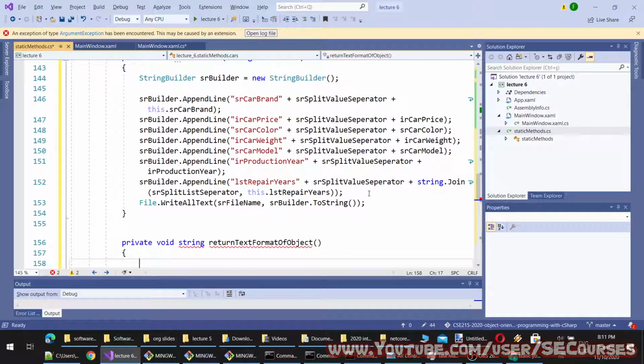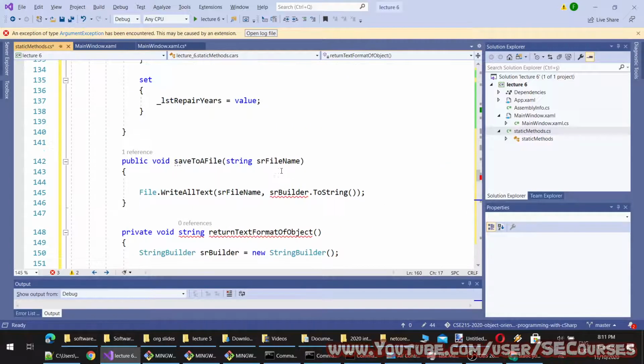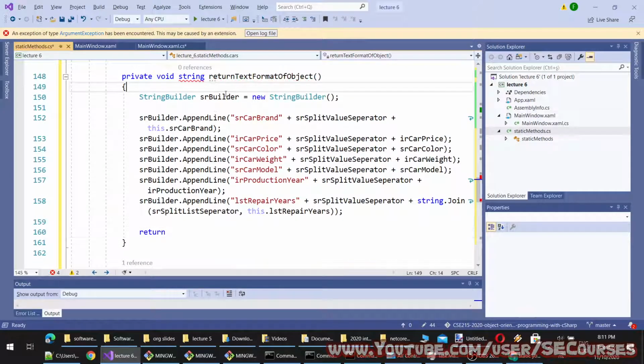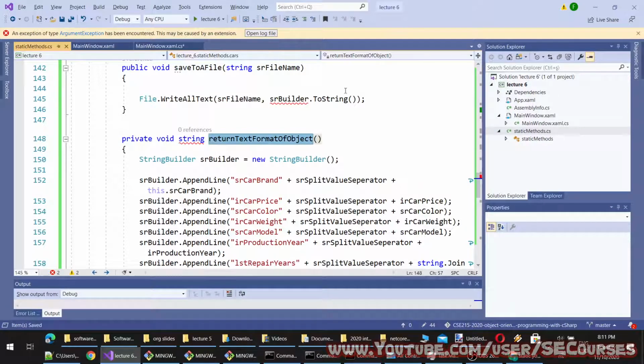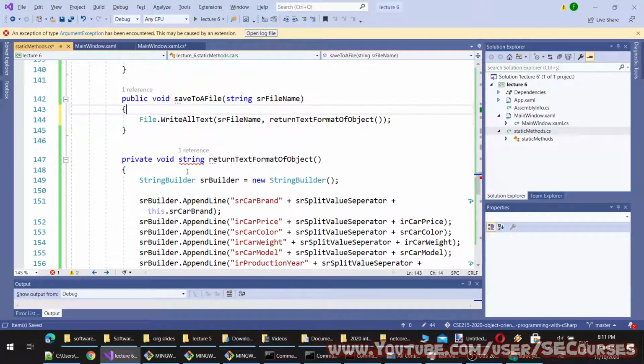And this will return the string builder to string, and this will use this method. We can't write private void because void and string are conflicting.